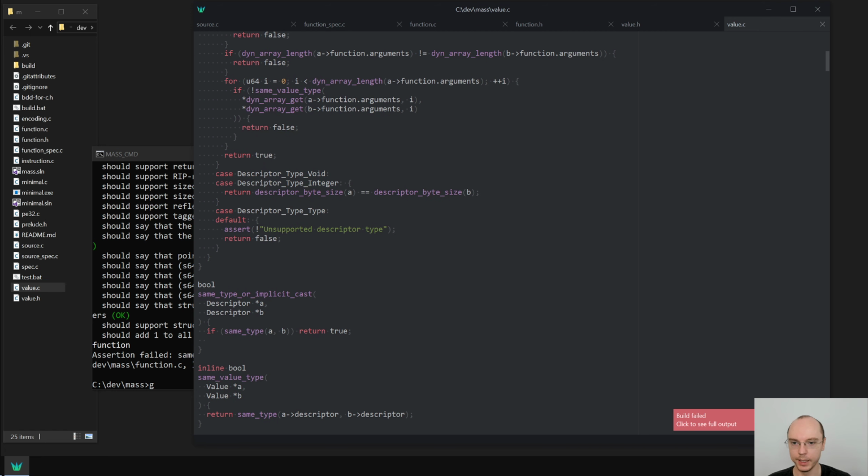Well, let's start with the one that we have, and we say that if descriptor, so if A type is descriptor type integer and B type is also descriptor type integer, then if A byte size is bigger than